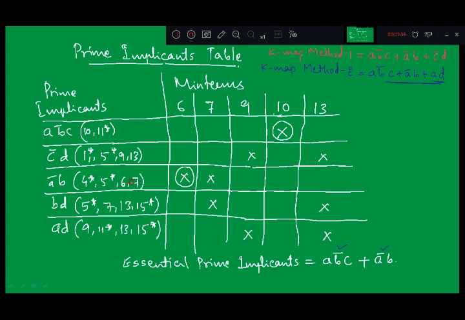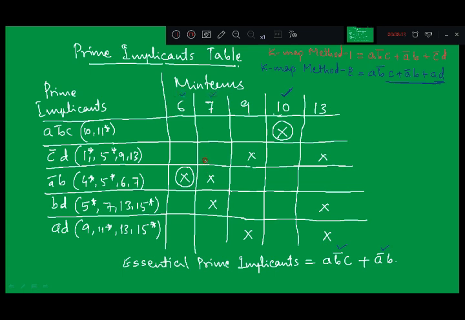Just see, right? So here if I write these two prime implicants, A B bar C covers only 10. Just check, right? So you have only minterms. Try to concentrate on minterms. Leave the don't care terms. I am reminding you, leave the don't care terms. Only try to cover minterms. So A B bar C covers only one minterm, that is 10, right? Second, A bar B covers only two minterms, which are 6 and 7.